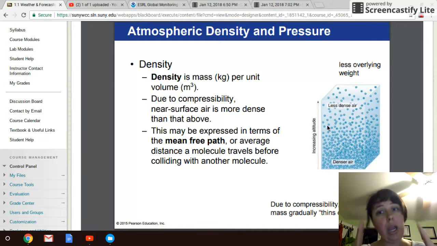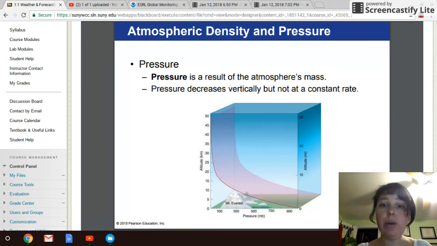So air pressure decreases as I increase in altitude, which means that if I increase in altitude, both air density and air pressure decrease because the volume of air particles has decreased as I go up. It's pretty straightforward, but it's something that you do need to wrap your head around. And here is an example of that information,